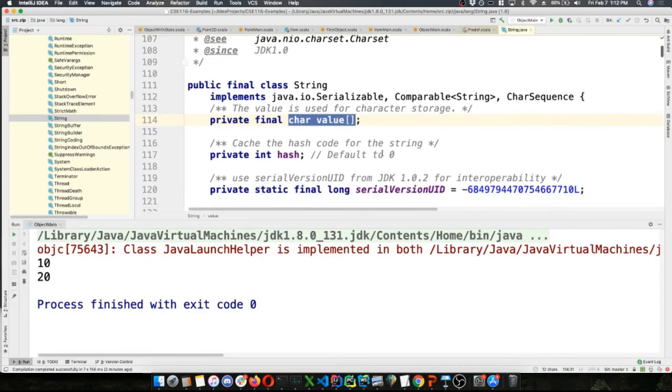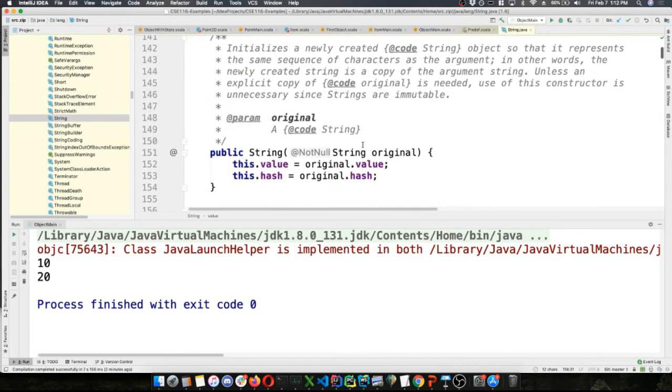to this class. If we want to ask, for example, the size of a string, somewhere in here we're going to have,